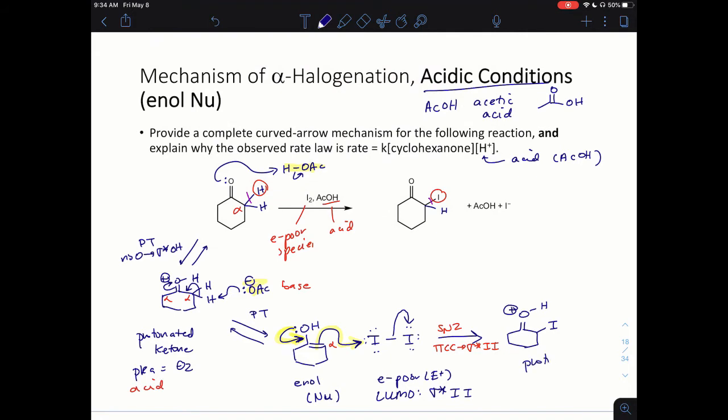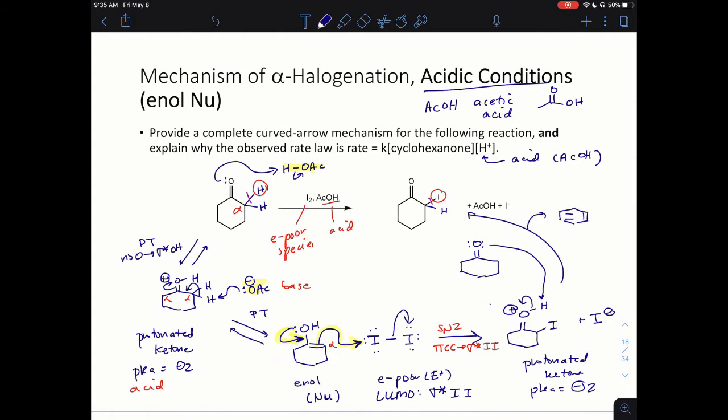And the protonated ketone is not isolable, meaning that it's really acidic. So what's going to happen now is it's going to be deprotonated. So let's see, do we have anything to deprotonate it with? Not really. So what we're going to use is just another molecule of starting material. So why am I not using I- to deprotonate it? Yeah, because I- is not a base. Like it's a really, really weak base. So just use another molecule of the ketone and that'll get you to the product and it'll also get you